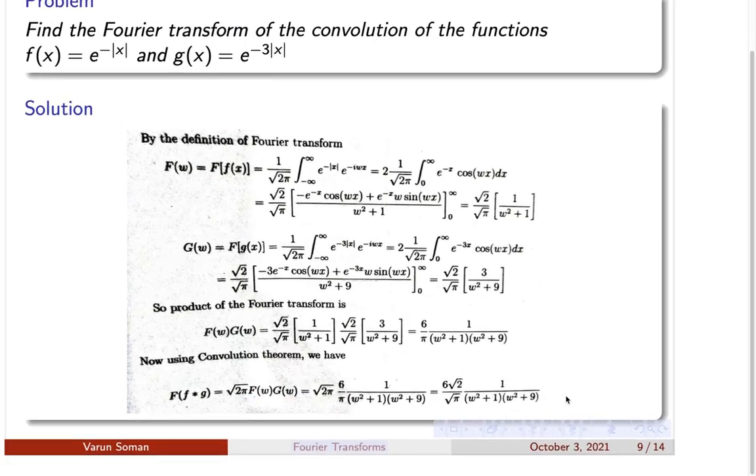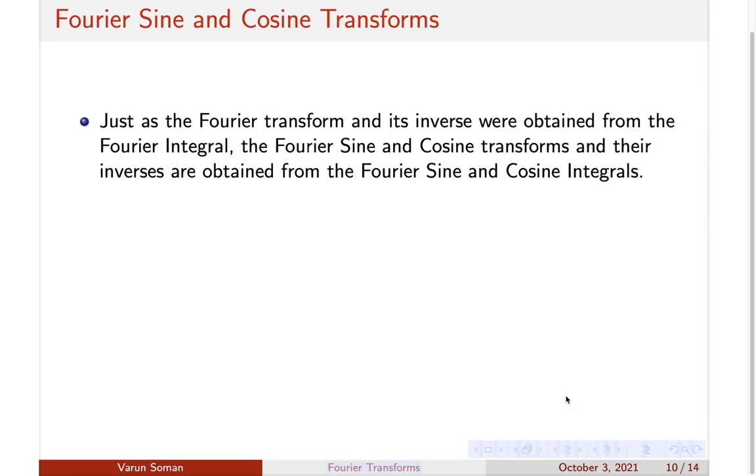Okay, so moving forward, we'll now discuss what the Fourier sine transform and cosine transform are. Okay, so this is also the same thing, only what they'll ask you in the examination is to find the Fourier sine transform, find the Fourier cosine transform. Nothing else will be there. Just finding the Fourier transform. Even if you look at the course assessment questions or the sample question papers, you will only find these types of questions. They'll ask you to find the Fourier transform, the Fourier sine transform, the cosine transform.